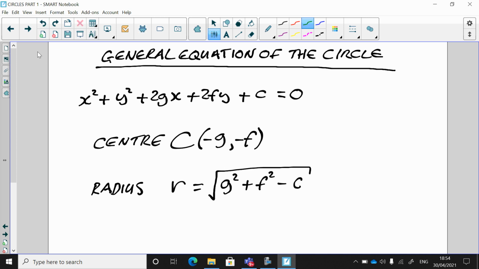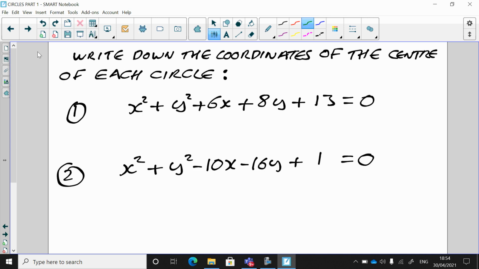So folks, you need to pay attention here. This is your job. So what have we got? 6x and 8y. Forget about x squared and y squared. Forget about that. It's the 6x and the 8y. That's what you're concerned about. That there and that there. So we're going to half the numbers